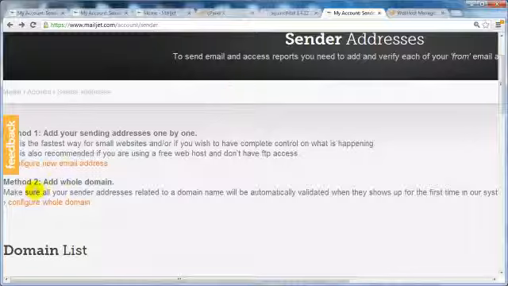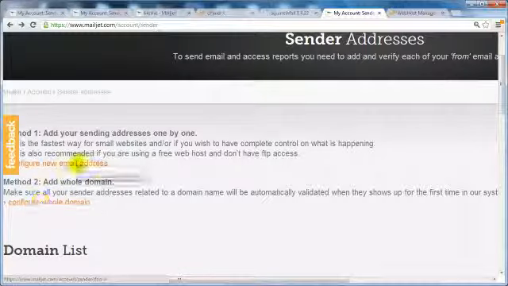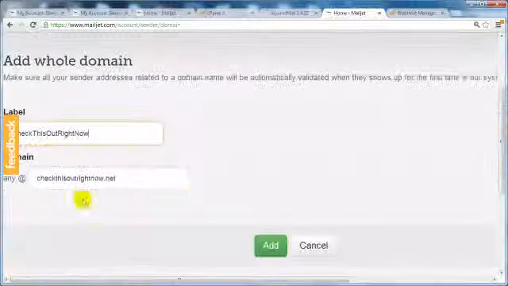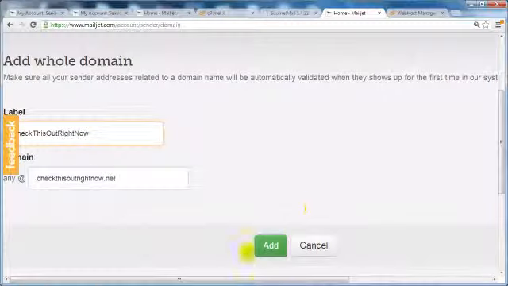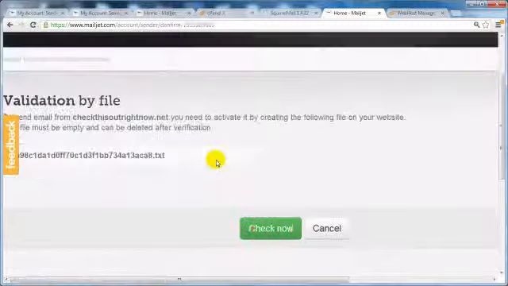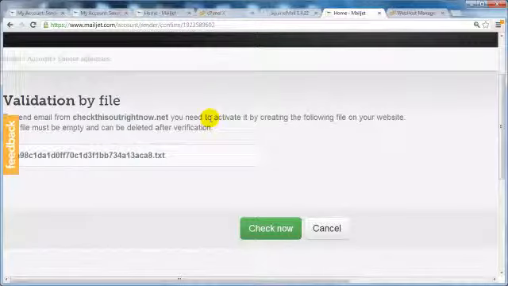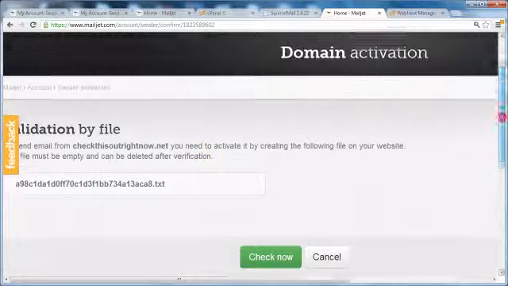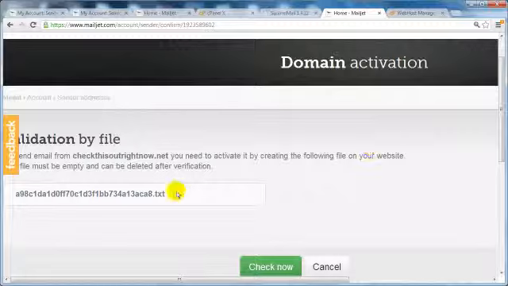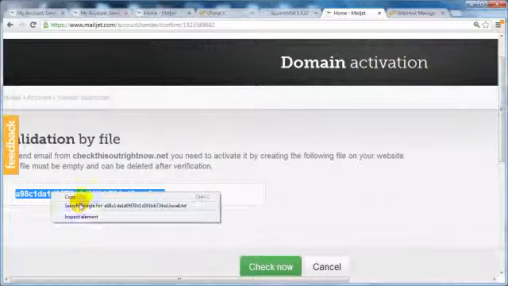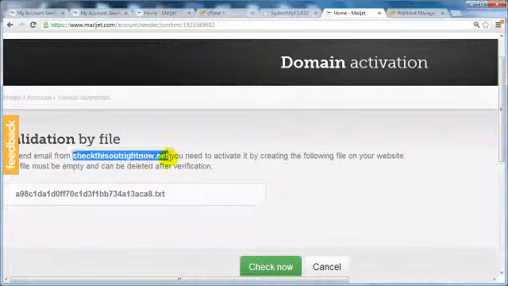And also, you can also configure the whole domain name as well. If you click on this, this actually might increase the deliverability. So we'll click this. And we'll click on add. And in order for this to work, basically they've given you a text file name. You're going to need to create a text file directly underneath the root directory of this domain here